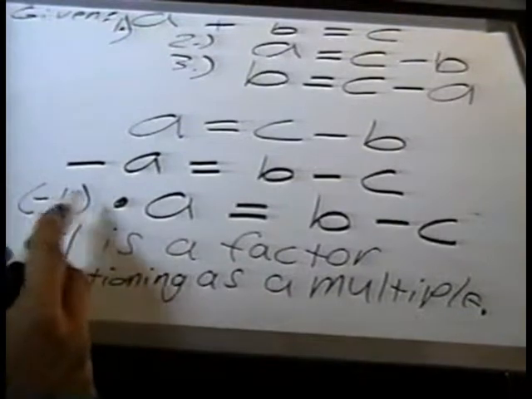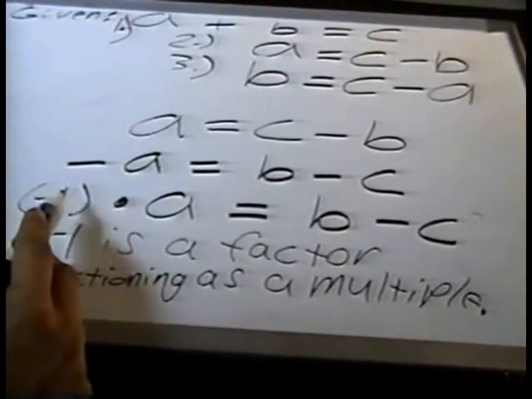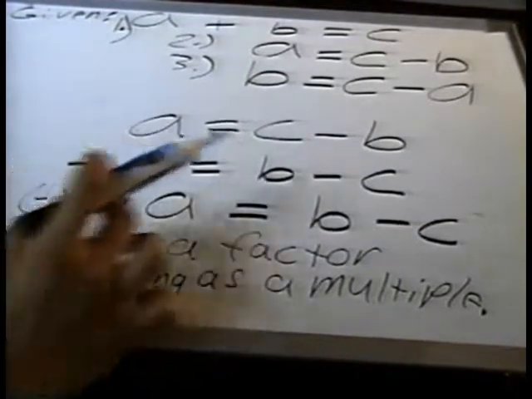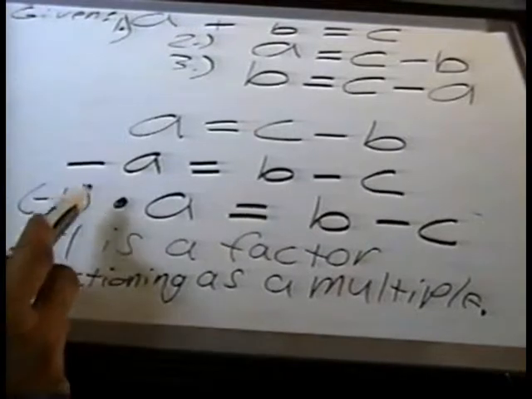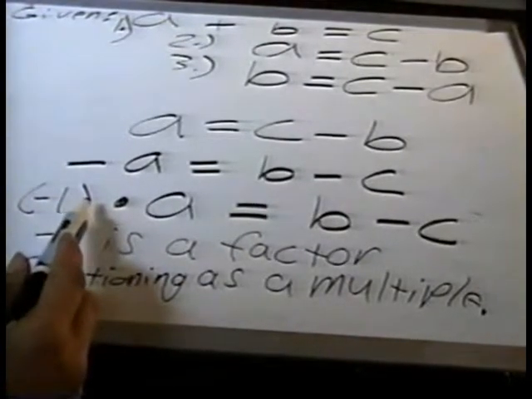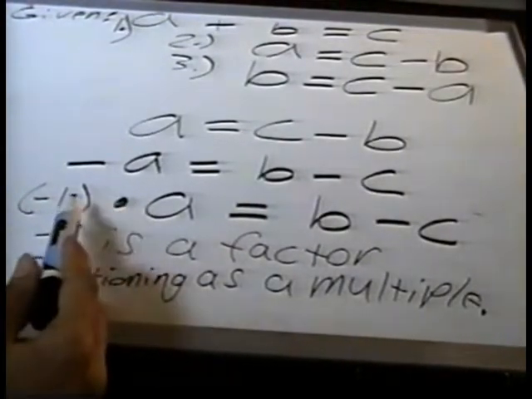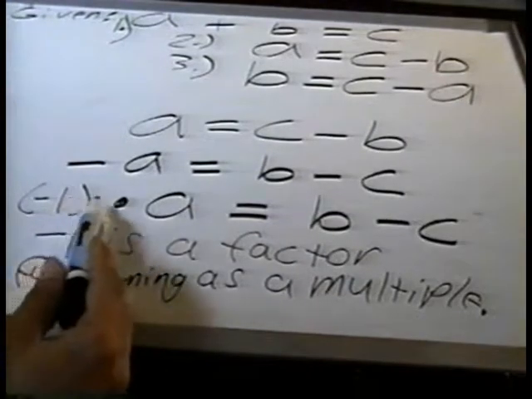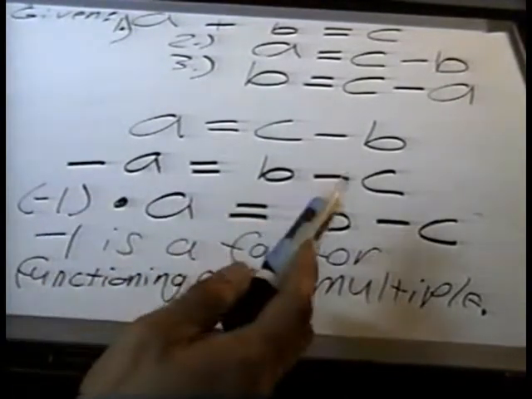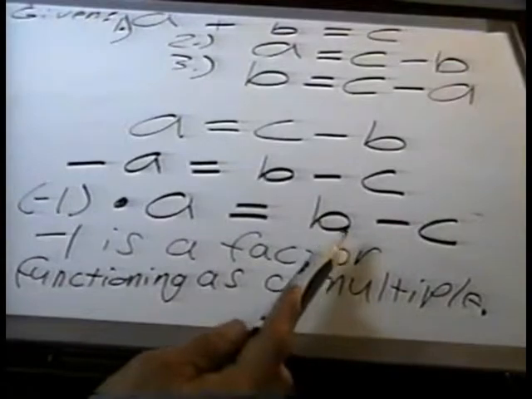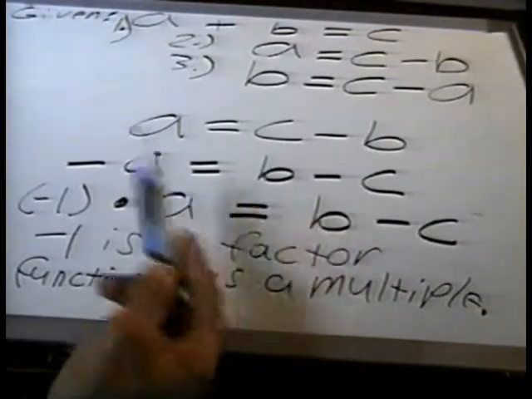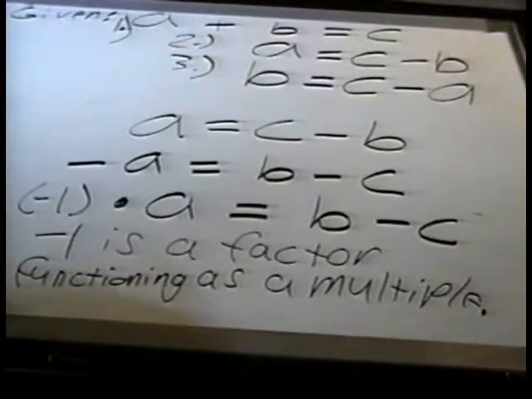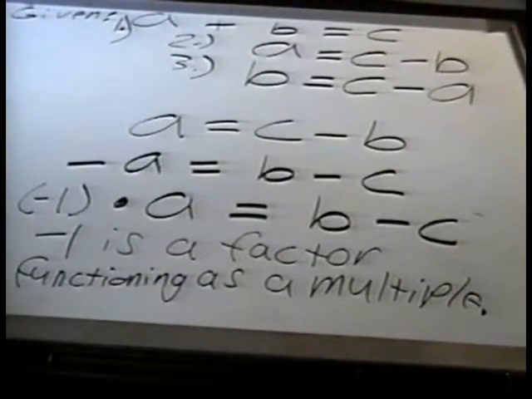To do that, we add negative C to both sides. Therefore, I'm going to have B plus negative C equals C